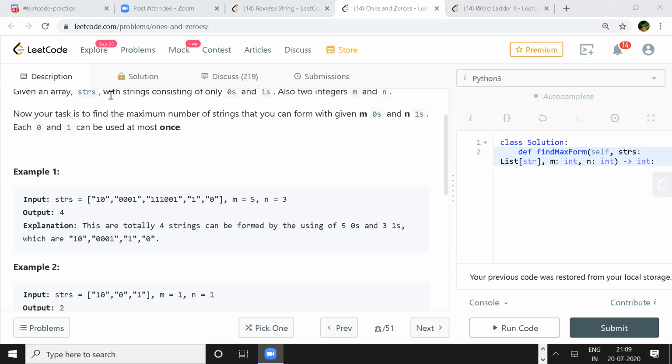So would you like to show it on a whiteboard? I mean, how is it similar to knapsack? Do you mind if I use a text editor and type and then show? Yeah, sure, go ahead.